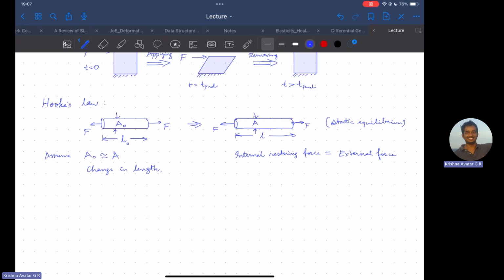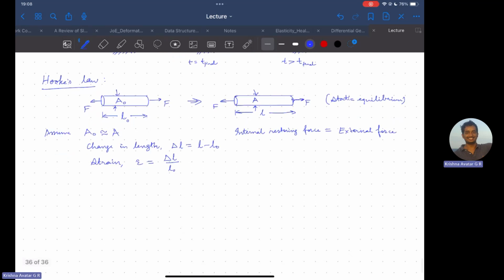So now let's look at the change in length. Change in length is delta L, and this is nothing but L minus L naught. And then using this, we define something called a strain. Strain is epsilon, and this is given by the change in length with respect to the original length L naught. Right? So this is what strain is. So as per Hooke's law,